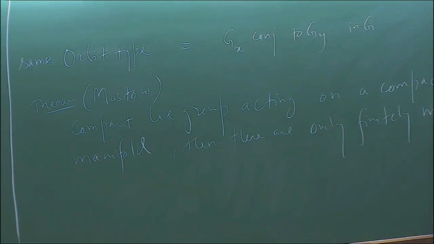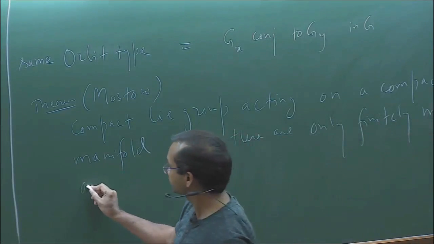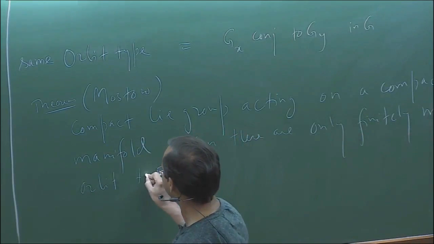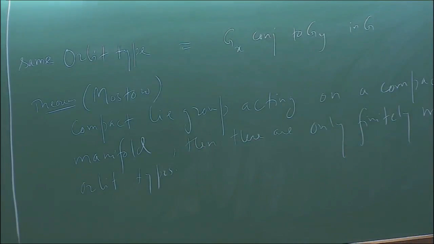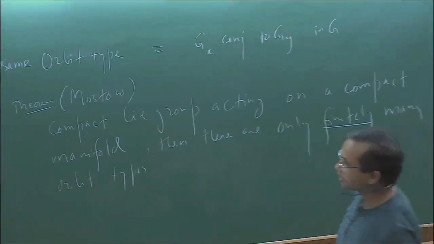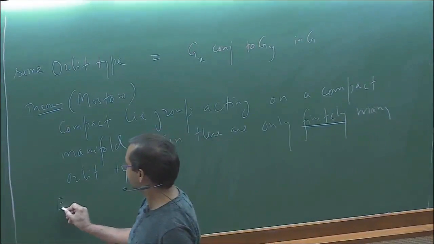Finitely many orbit types. So later you will realize why I am interested in finitely many kinds of things. That's one of my interests to look at here. Just as an example,